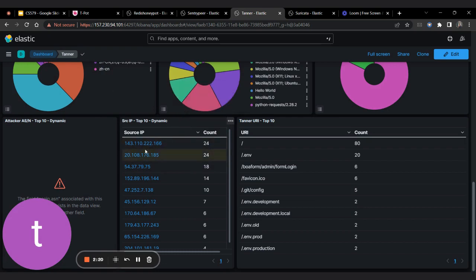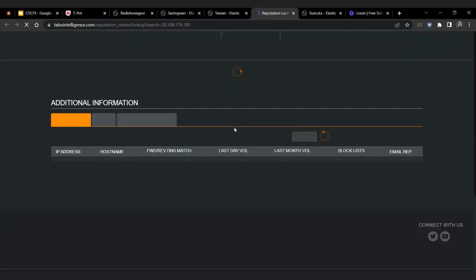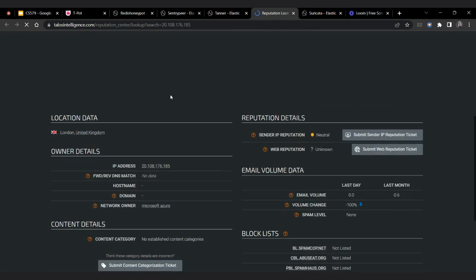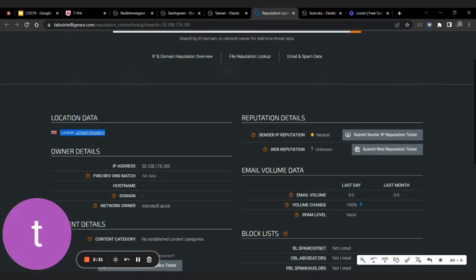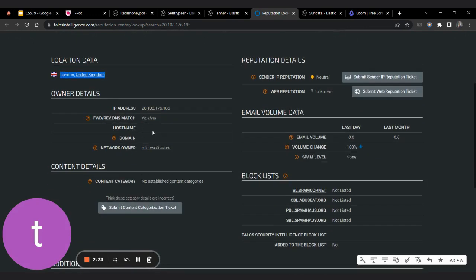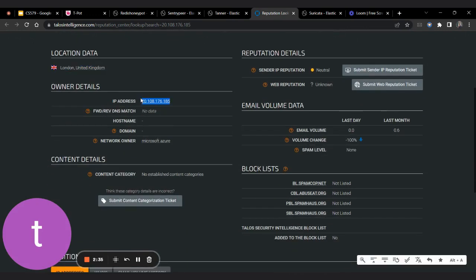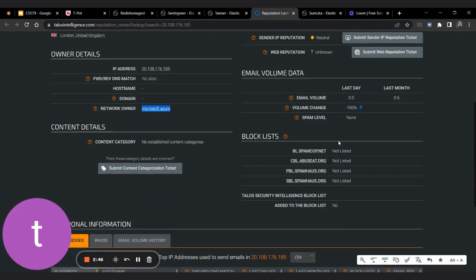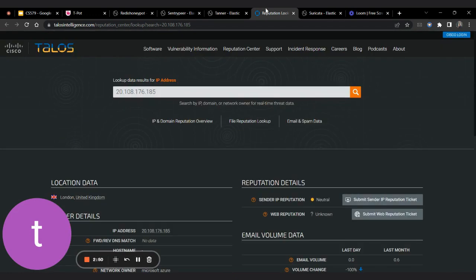For example, if we click on this IP address, we get the origin from where the attack was done, the owner's IP address, from which network he tried to attack, and the spam level. All right, moving further to